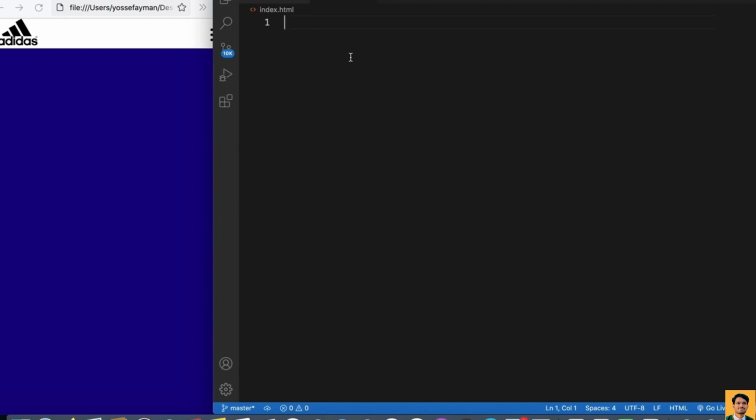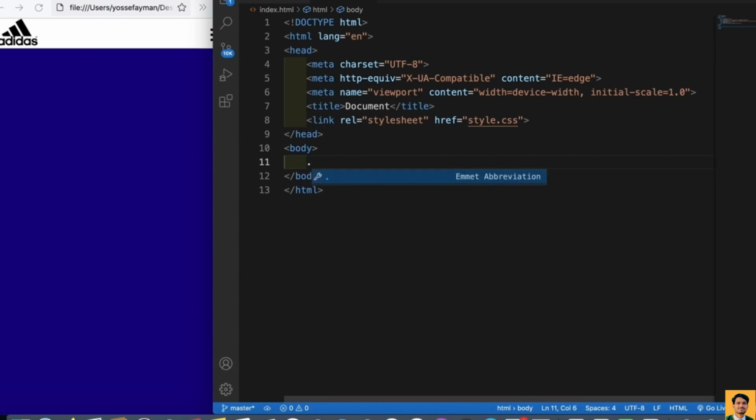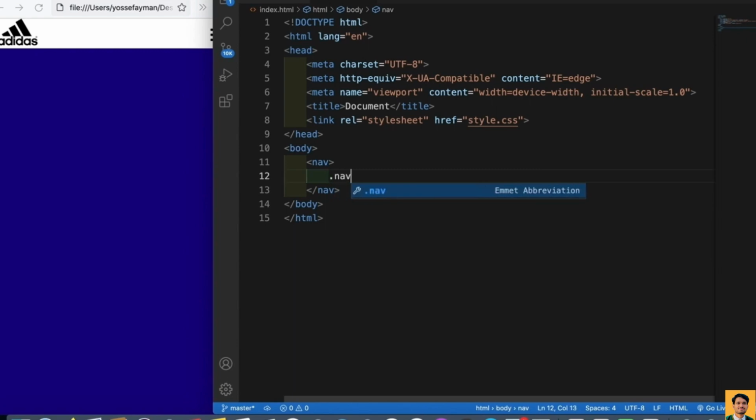The first thing we will add here is the HTML. So here we can type HTML5, and then we need to connect between this one and the CSS. Okay, and then right here, let's add some HTML code. The first thing we will add here is the nav tag, or the nav element. And then inside it, the first thing we will add here is a header. So we can add here a div with nav